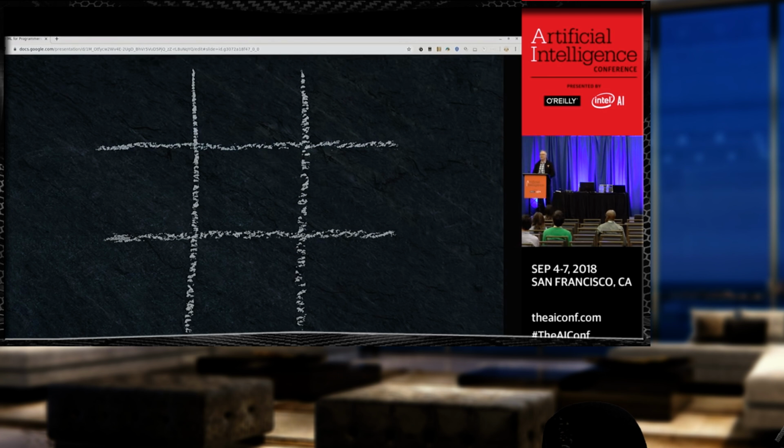How many people would go in the center? Okay, how many people would not go in the center? We need to talk. You probably learned this as a young child, and maybe you teach this to children. But the strategy of winning this game: if it's your turn, you will never win this game unless you're playing against somebody who doesn't know how to play the game by not going in the center first.